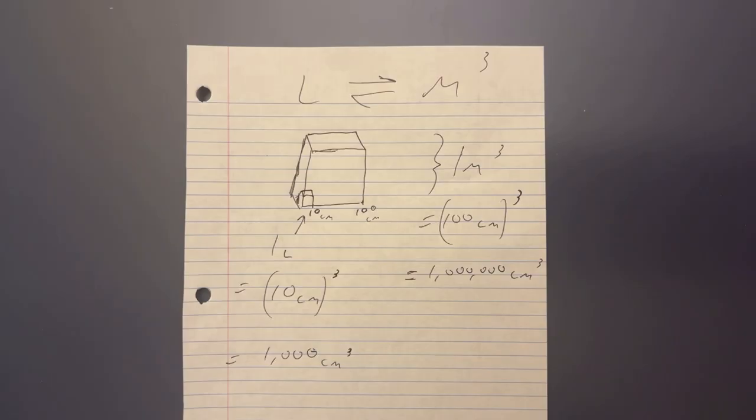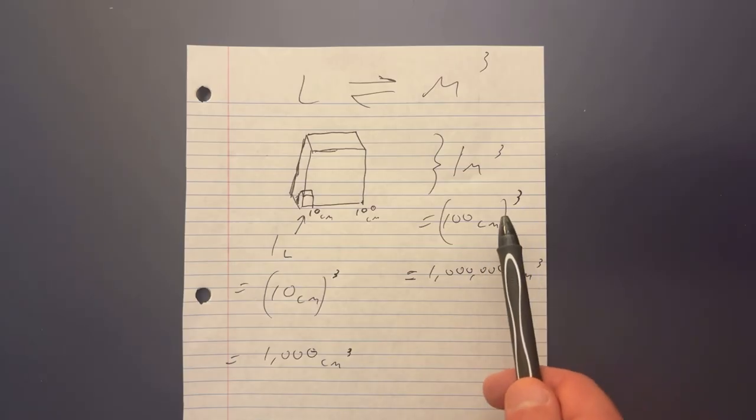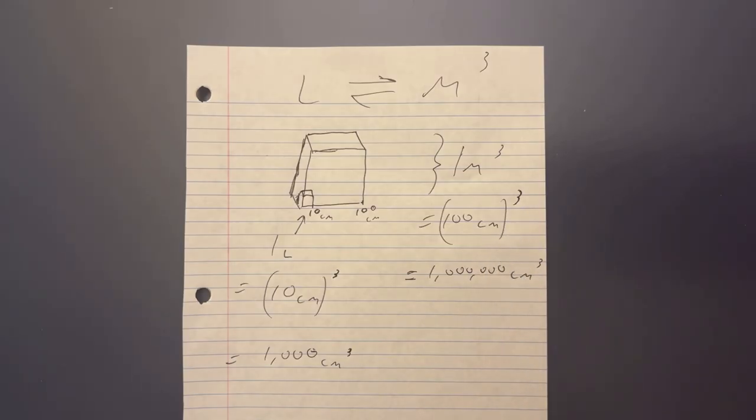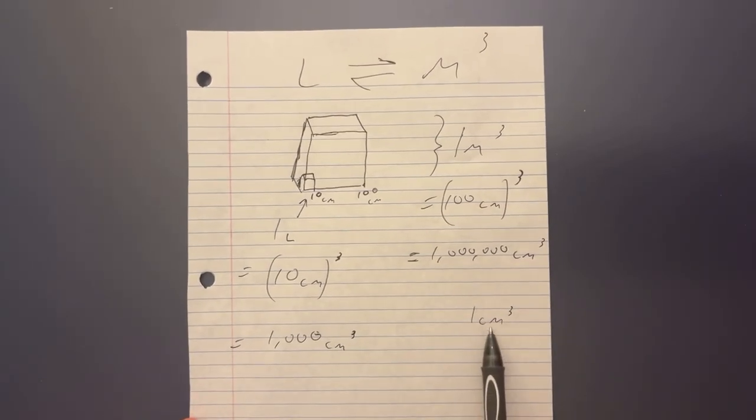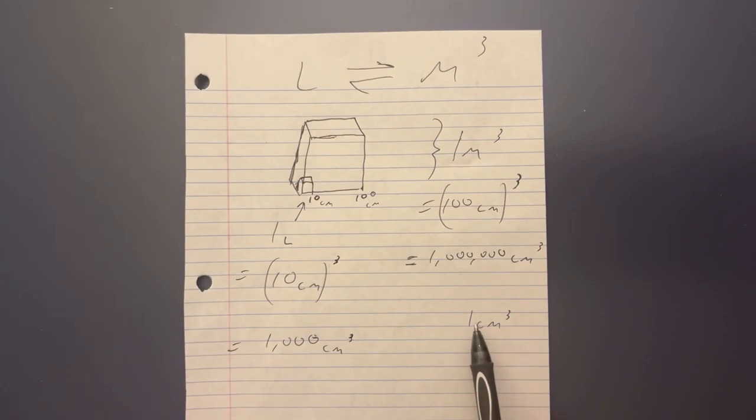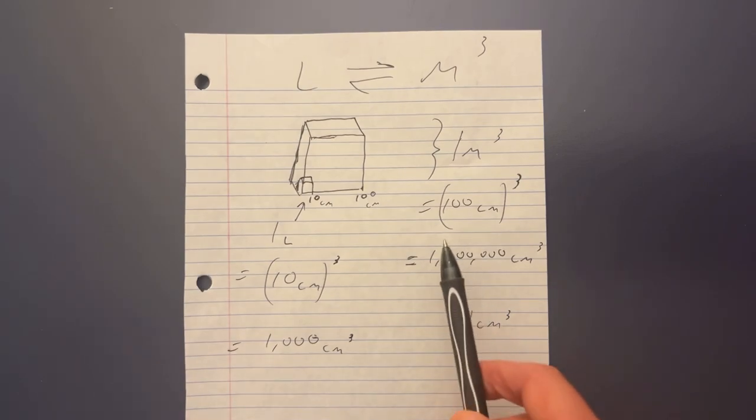Notice in these cases here, when we're dealing with a unit greater than 1, centimeters cubed is different than cubic centimeters. If you're just dealing with 1, and I just wrote that right here, if you're just dealing with the number 1, then 1 cubic centimeter is the same thing as 1 centimeter cubed. But when we're dealing with